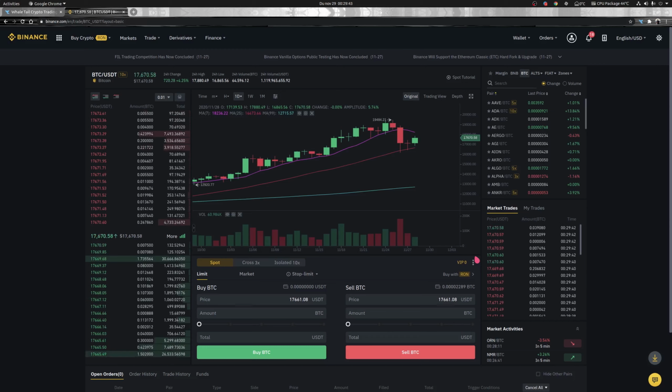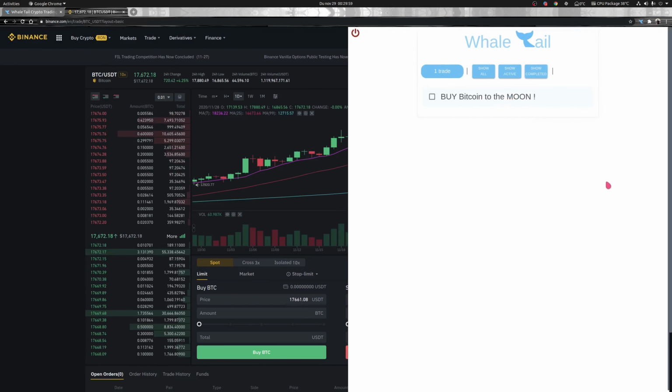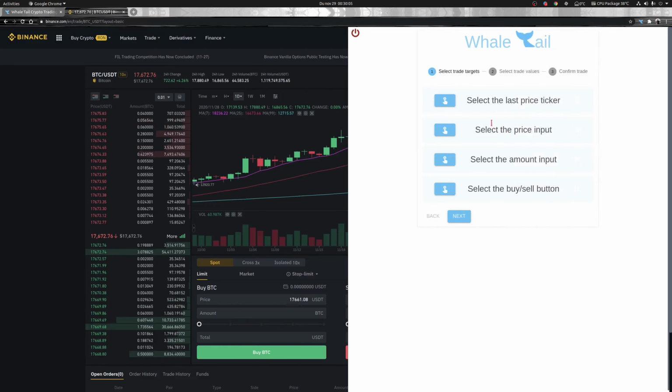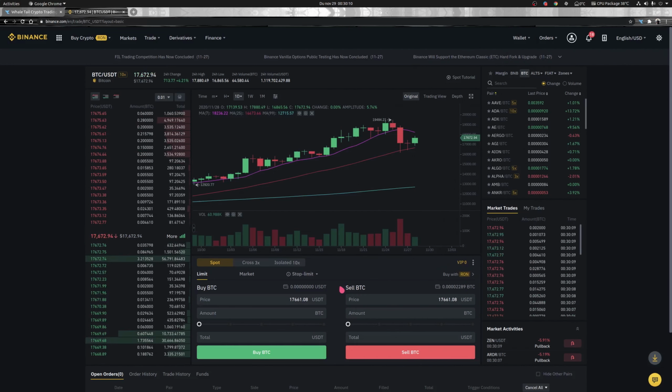And you can place trades in parallel. So you can buy and you can sell at the same time if you're in a difficult position and you don't know exactly what will happen to the price. Now I could go to the trades list and see that I have a buy order for Bitcoin. At the same time, I could place a sell order for Bitcoin. That will allow me to leverage my risk. So if Bitcoin falls, I can sell some Bitcoin. The buy order will never get placed because it will probably fall down. And I don't want to be caught out. So I can place a sell order at the same time.